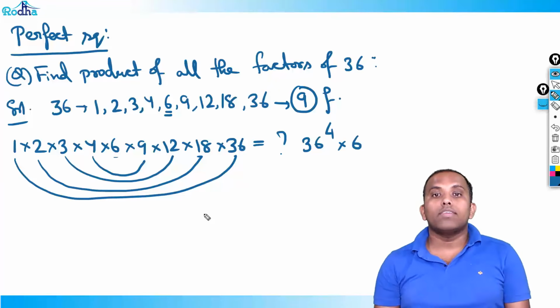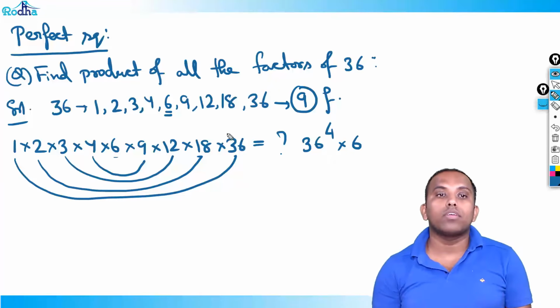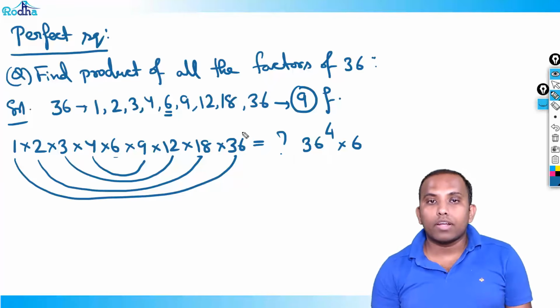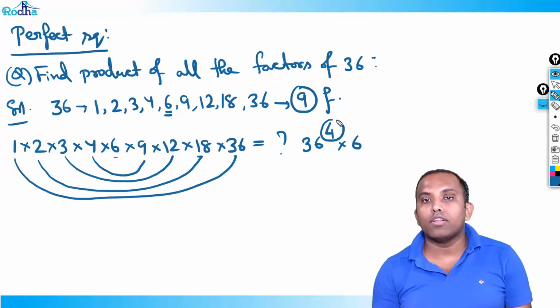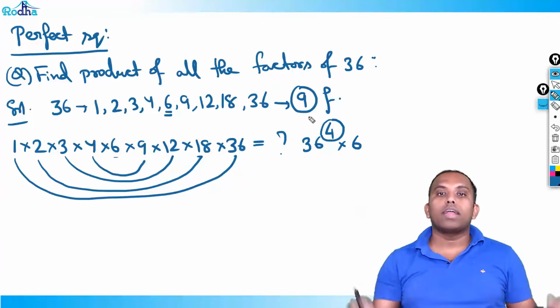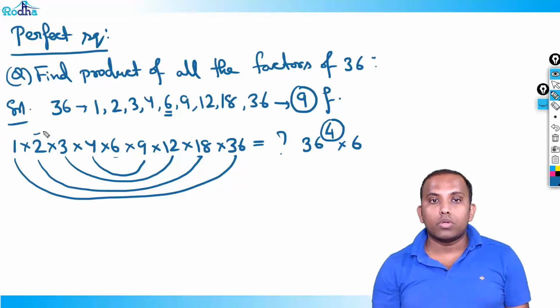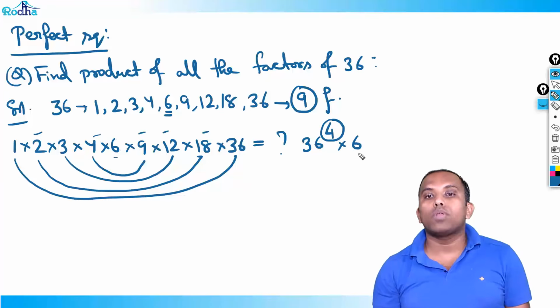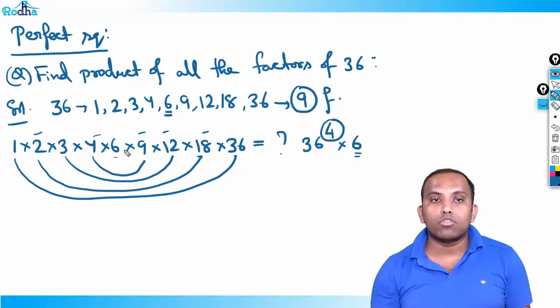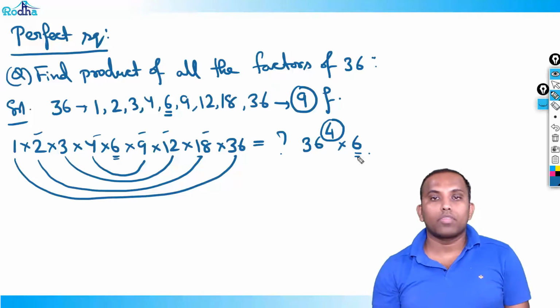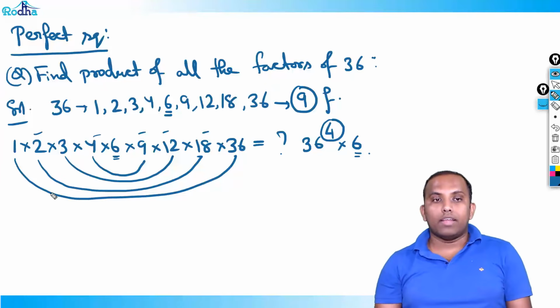So always I can say this, that in case of perfect squares, always, right? If there are 9 factors in this case, so if I exclude this 6, there will be 8 factors. So for these 8 factors, there will be 4 pairs, because if there are 8 factors, I can form half the number. That is 1 into 36, 2 into 18, 3 into 12 and 4 into 9. And always one square root will be left, because we are multiplying it. So this square root will also come one time. So I can always generalize it.